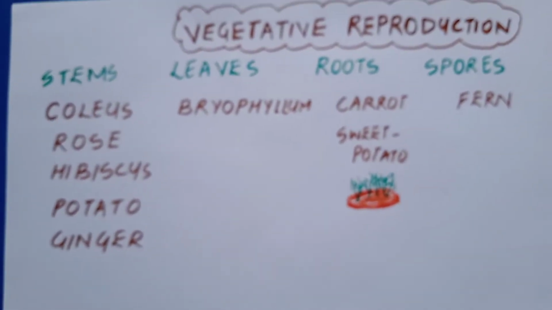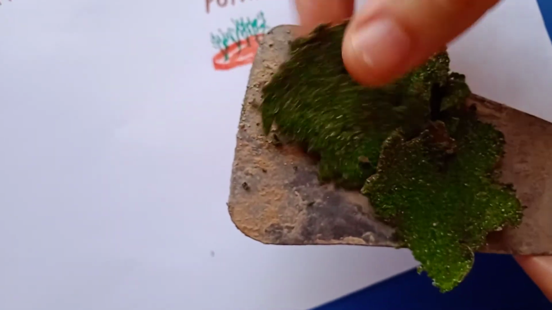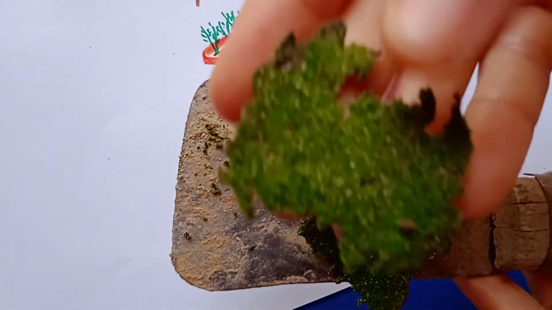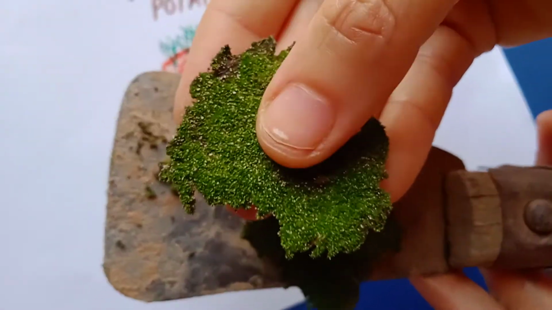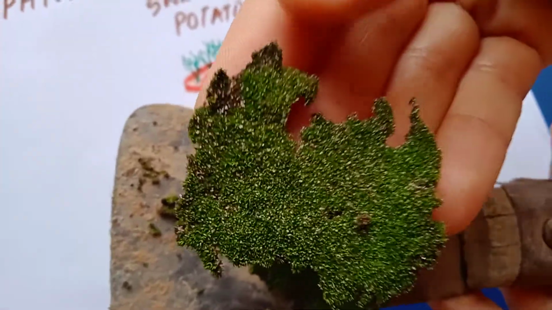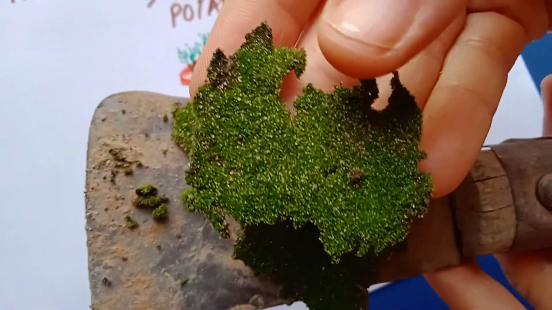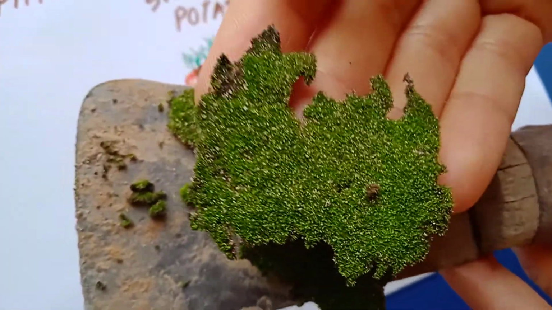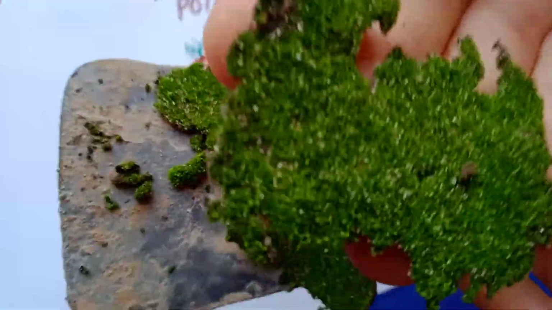Now another example from which we get a plant with the help of spores. This is called a moss. This is a moss plant. These are flowerless plants. They have leaves and stems, but they do not flower. You must have seen these mosses on walls in damp areas. I have also scraped it off from my terrace. It was growing on my terrace only, because these days it is rainy season, so it was growing very nicely in the damp areas. So this moss also grows with the help of spores only.